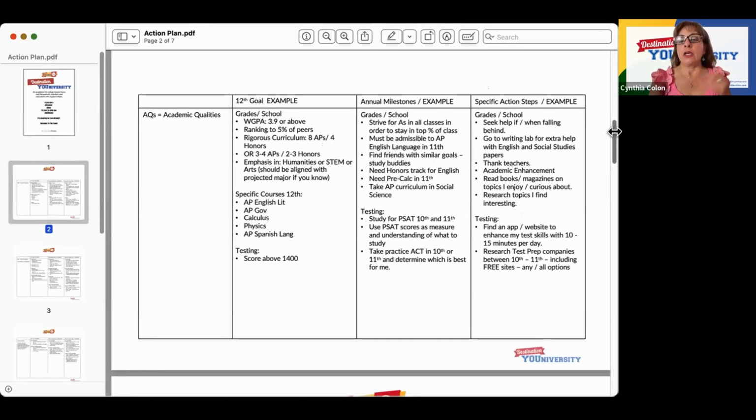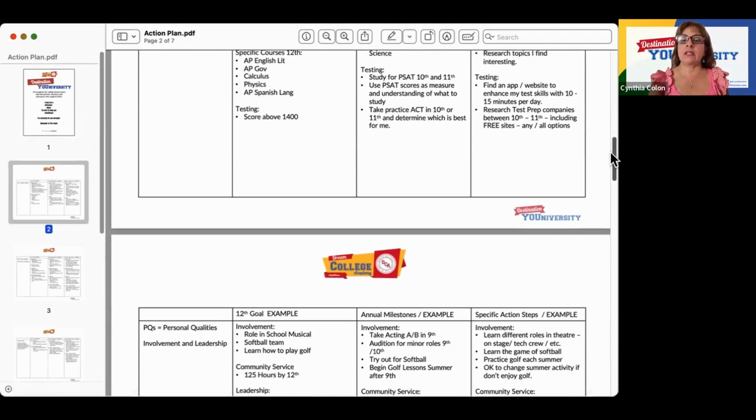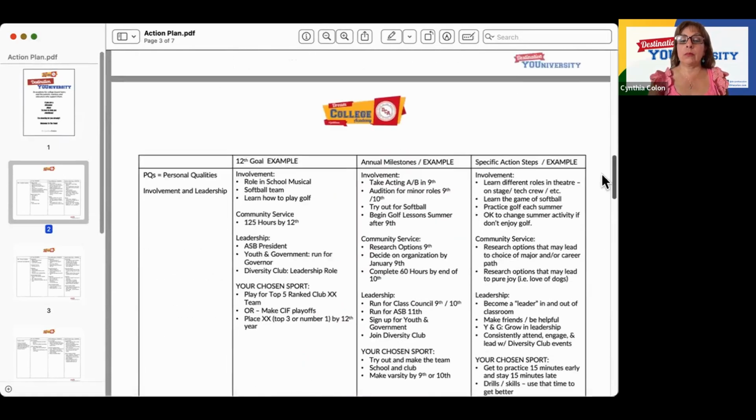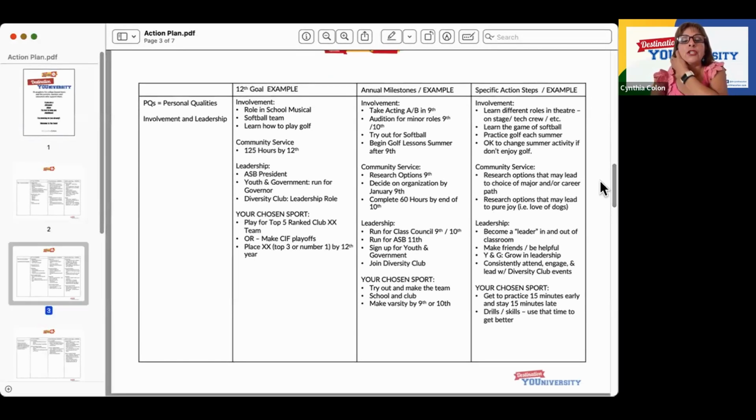All of the things that go into your academic plan are different from somebody else's, so you just have to figure it out. And then we have the PQs, the involvement and the leadership. I do remember Missy said, I want to be class student body president. She was a student at Marymount High School, a girls' school. So on her PQ plan,